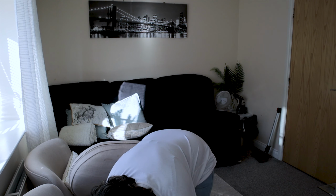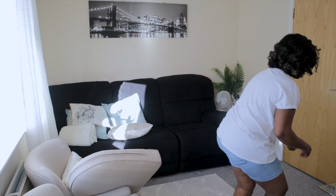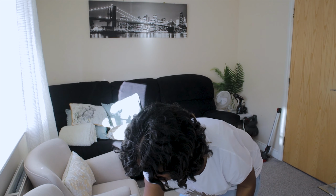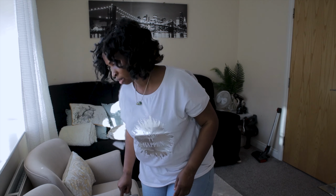Crumbs everywhere. I might have to clean this one. There's food stains in it, so